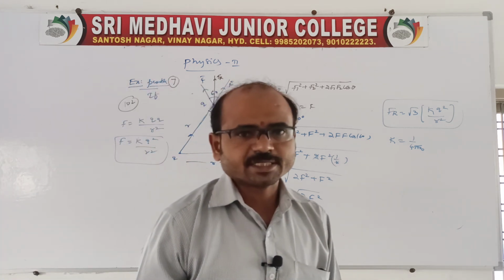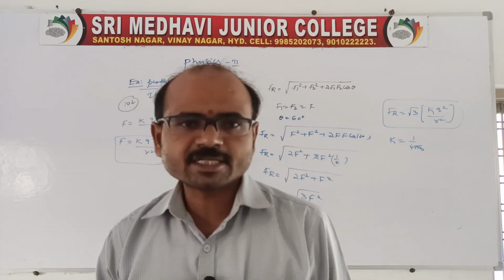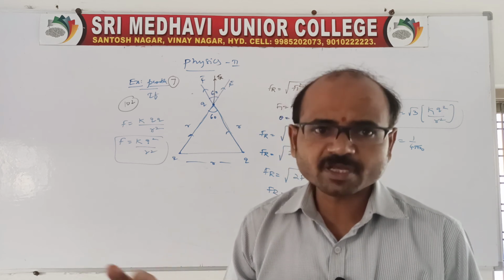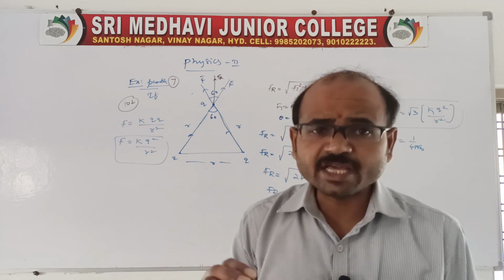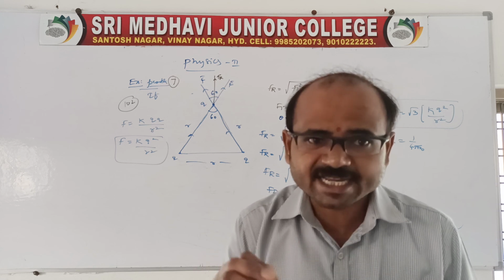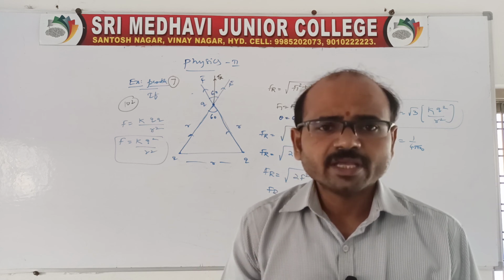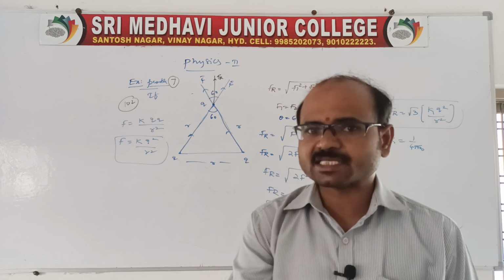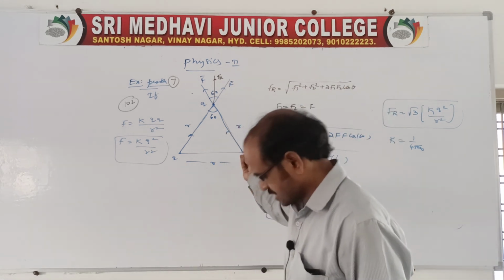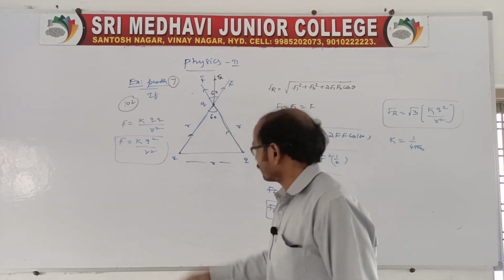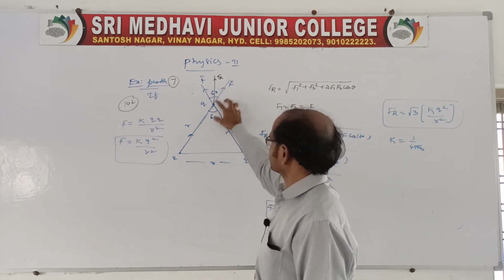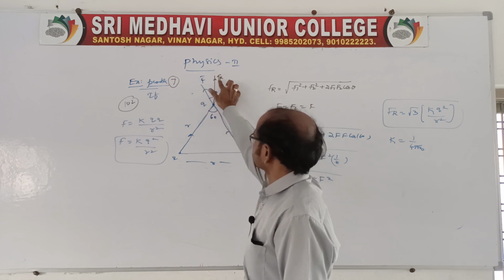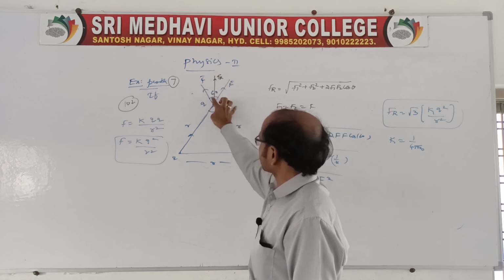Like this we have, on the basis of force due to multiple charges, what we call the principle of superposition. The principle of superposition we already know. There we should apply the statement of the principle of superposition, that is nothing but what? Here the forces due to individual charges act at one point simultaneously. Yes, here also the force due to this charge is acting as F and the force due to this charge is acting as F, so that at a corner the sum of these two forces gives a resultant. But these are acting at an angle of 60 degrees.